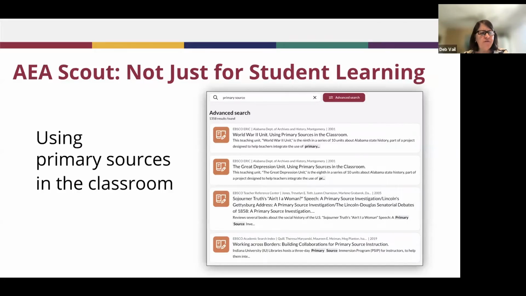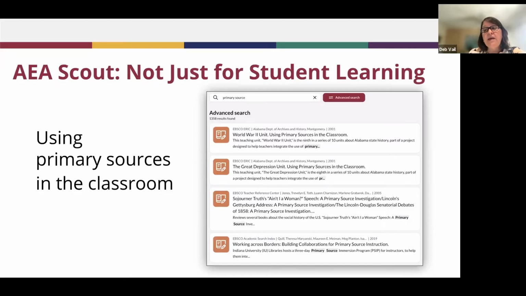One of the things so far that we have been talking about is teachers finding resources for students to learn with. But I also think it's important for teachers to remember that AEA Scout isn't just a great tool for students. It's also a great resource for teachers to learn. Let's say we've got somebody new to social studies or new to teaching or just new to incorporating primary sources into their instruction, and it's something that they want to either learn or get better at.